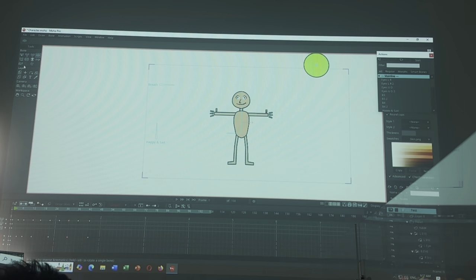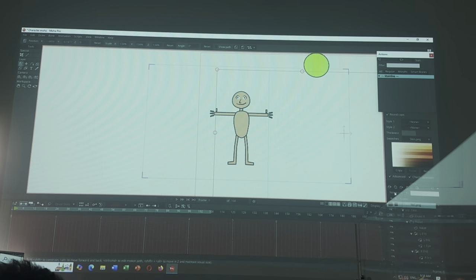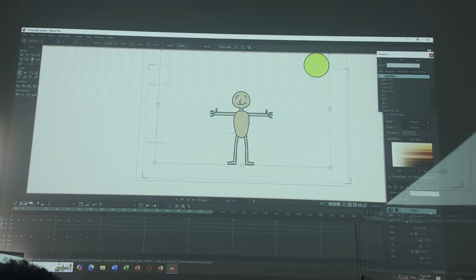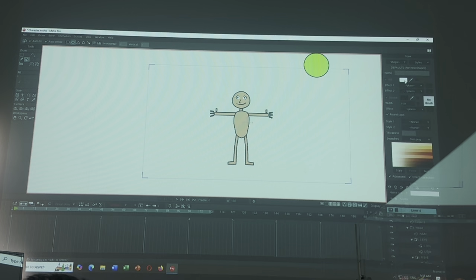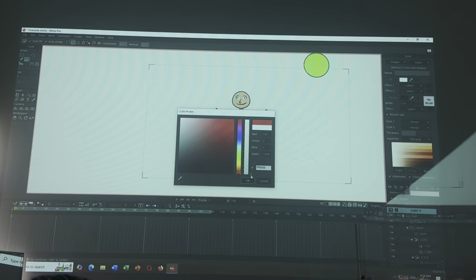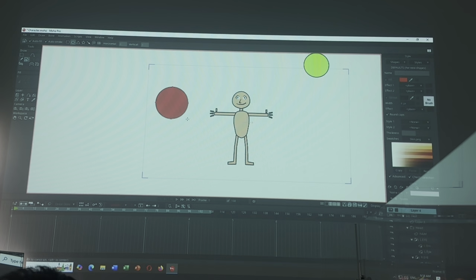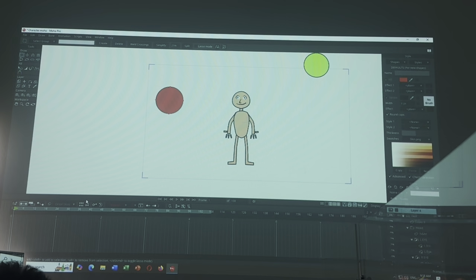Let's just create a new shape for us. Okay, so I'm going to add a new vector. And let's just give it a shape, and I'm going to close this down. Let's autofill and autostroke is on. I'm going to change this to red so you guys can see it easier. And then I have this ball, right? So I'm going to go to frame 1, press Control F just to have the settings for that frame,